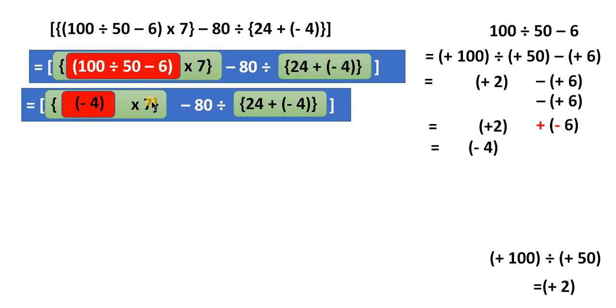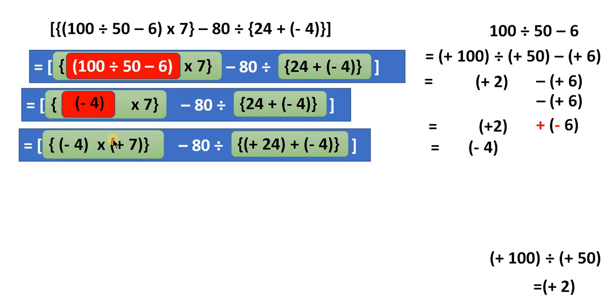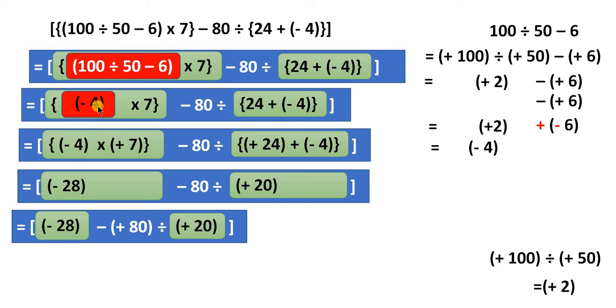So now you will have to do this green one. So we will segregate it now. The next step, we are segregating it. It is minus 4 plus 7 is minus 28. Okay. And here the terms are coming as it is. Here I have written it like, within curly bracket it comes. 24 means positive 24. Operation plus minus 4 as it is.